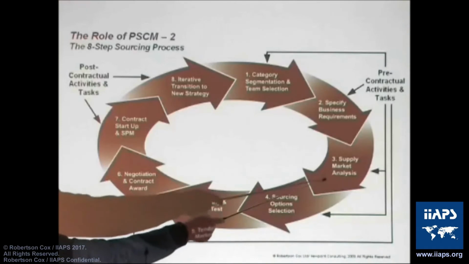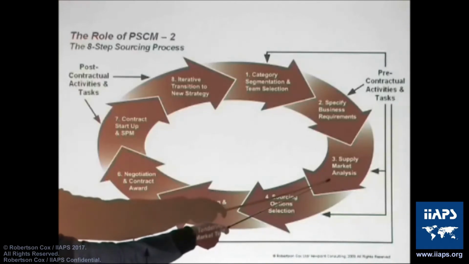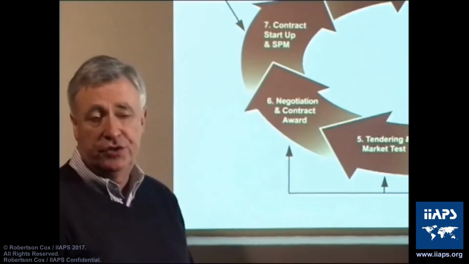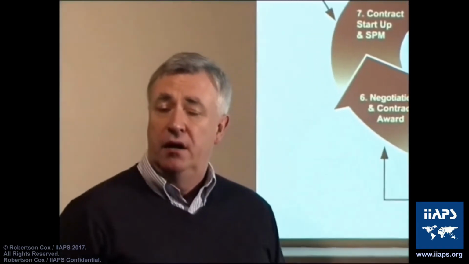So in step 3 of the process, supply market analysis, and sometimes we add here supply chain analysis, what we're trying to do in step 3 is, having understood the process through which internal demand is managed, we need to understand how that impacts upon the supply market. So in step 3 of the process, we're trying to understand in some detail how many suppliers are there in the market, what's the nature of the